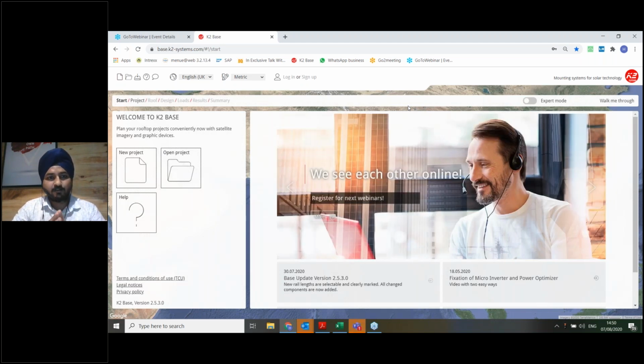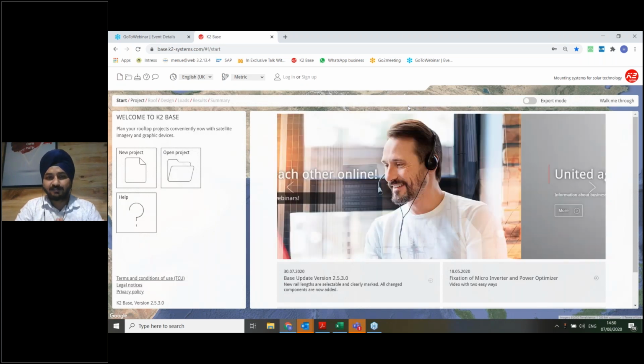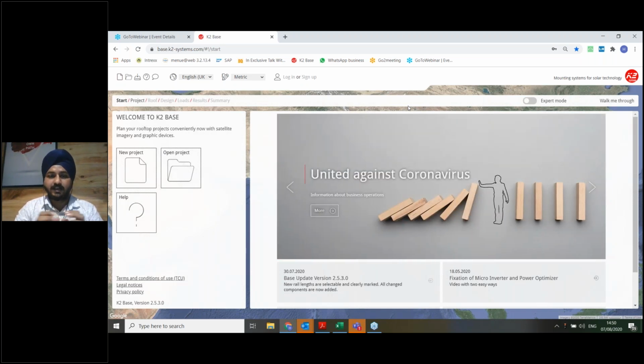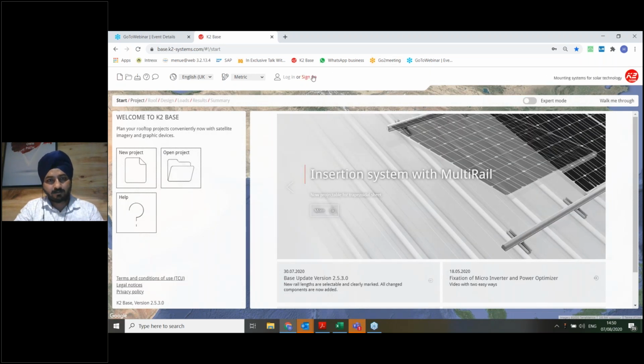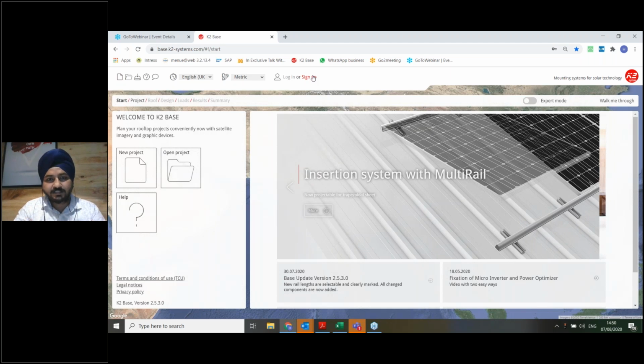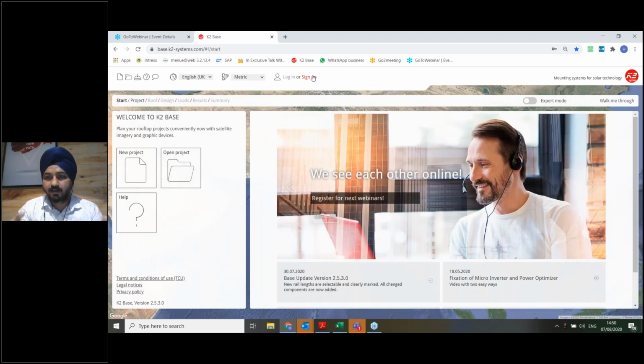The basic steps, if you want to do the mechanical planning with such an online tool: the first thing begins with creating an account, and this is very simple, as I explained. So please do that. Those of you who already did it, congratulations. And those of you who have not yet done it, please do so after the webinar.